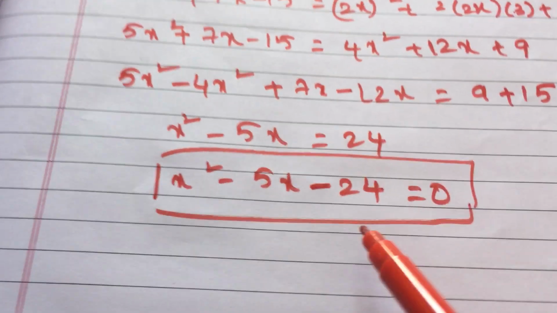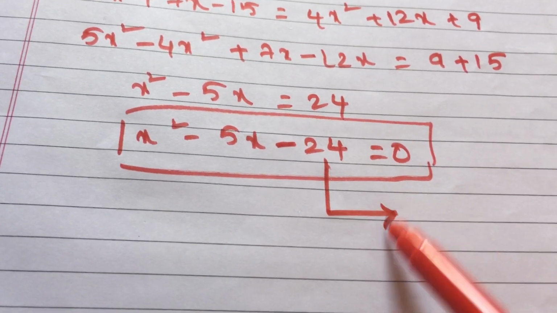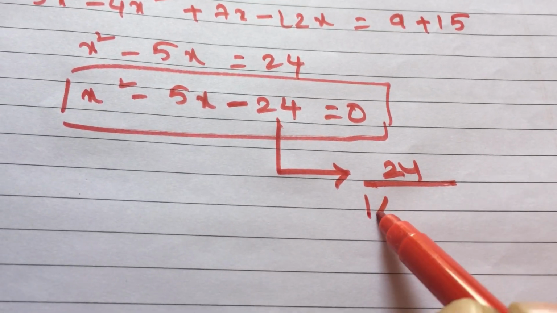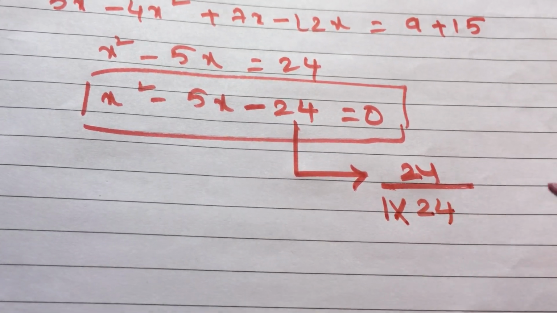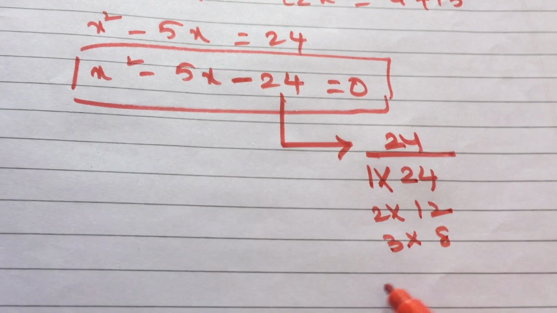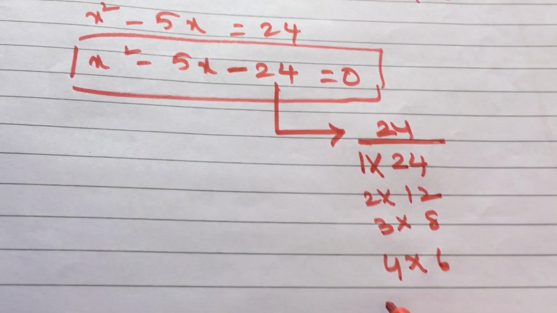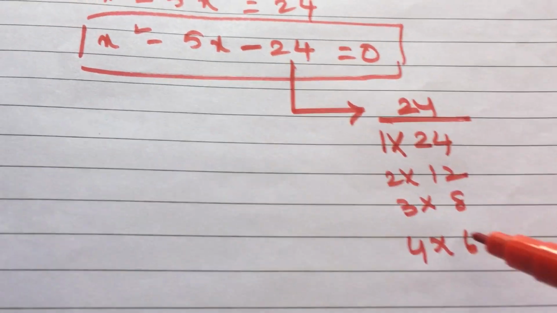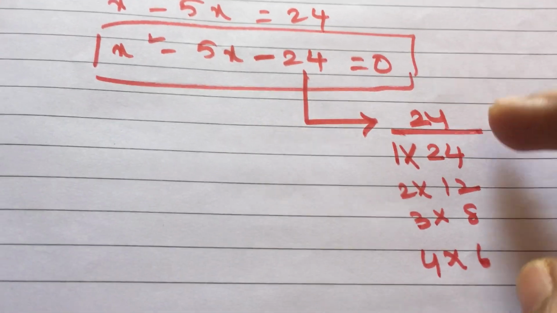How to find? When we have something like this, take the constant term here, 24. Take the roots, what are going on in this term. Roots in the sense in which table it is divisible. It is divisible in 1 into 24, 2 into 12, 3 8s are 24. Go with this sequence. 1 2 3 4, 4 6s are 24, 5 table you don't have. Again 6, right? That means it is continuing from this side. 6 into 4, 8 into 3, 12 2s are 24, these are its factors.